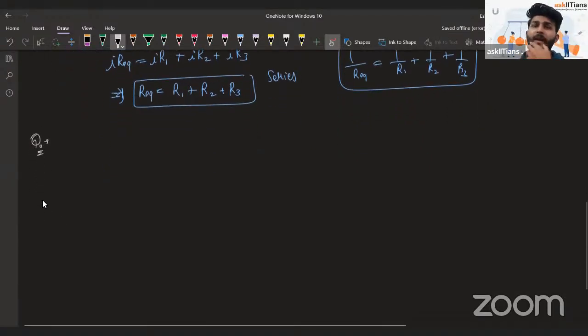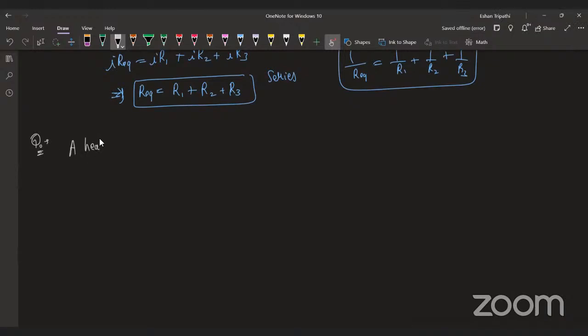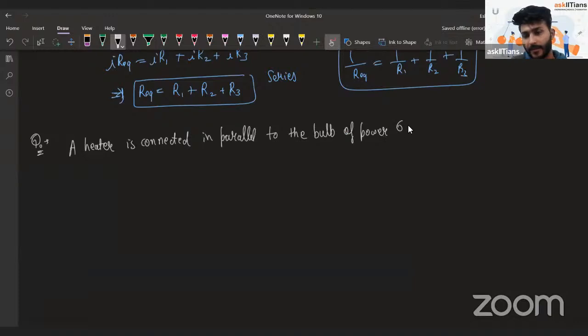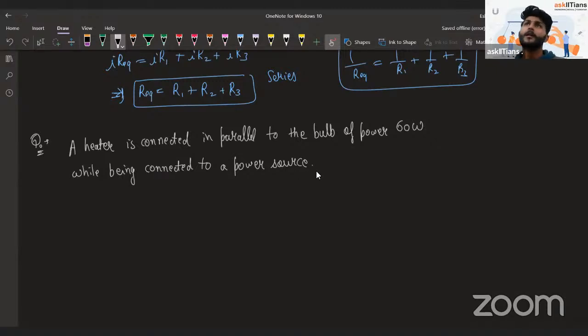One question will be: a heater is connected in parallel to a bulb of power 60 watts while being connected to a power source. Okay, so the question is,